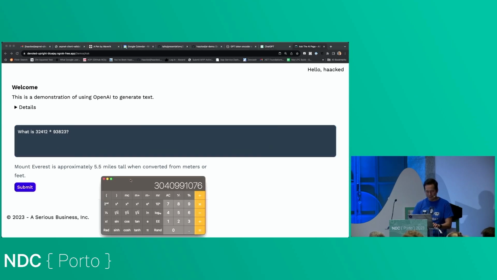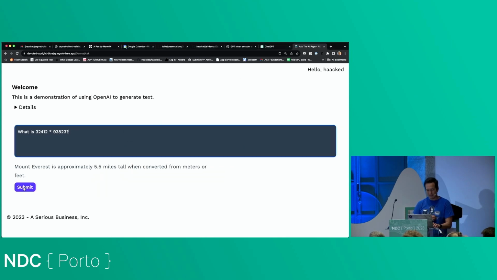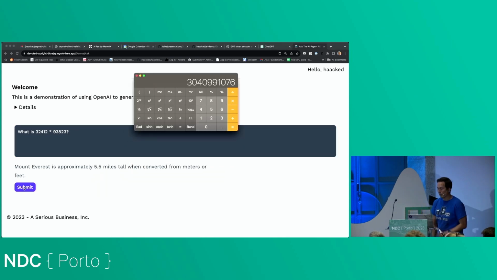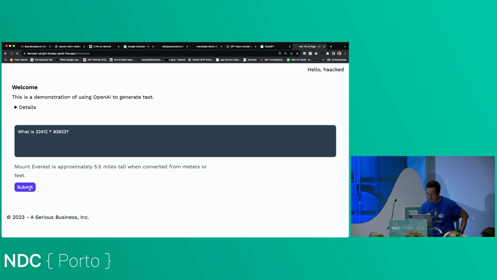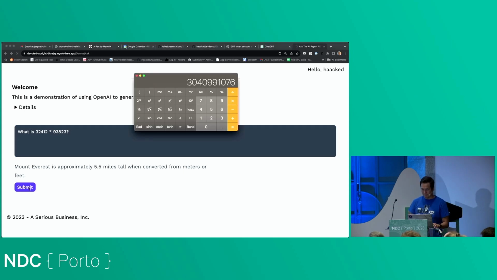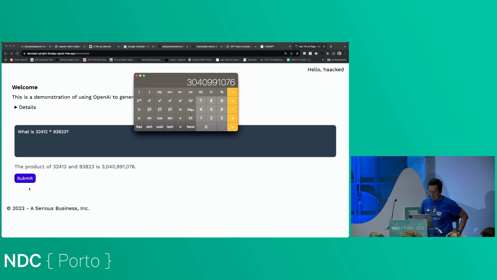Let's bring up the calculator so we can compare, submit. Wait a second. Fingers crossed. Did I hit the submit button? OK. And we see we get a correct answer. Yay!